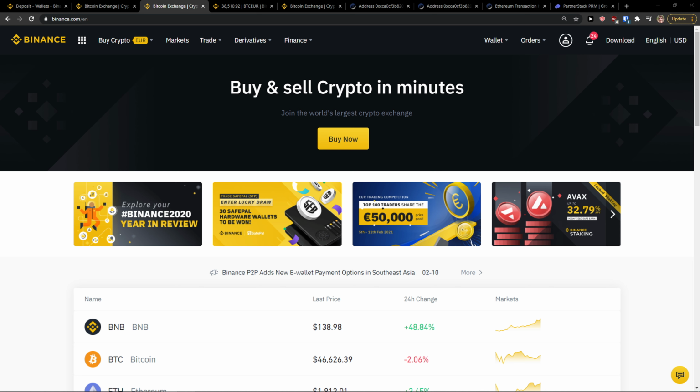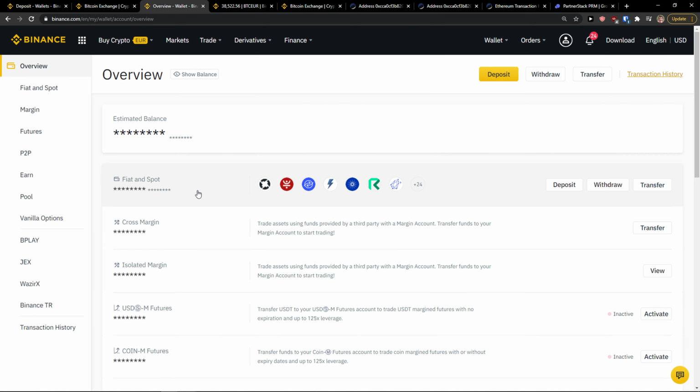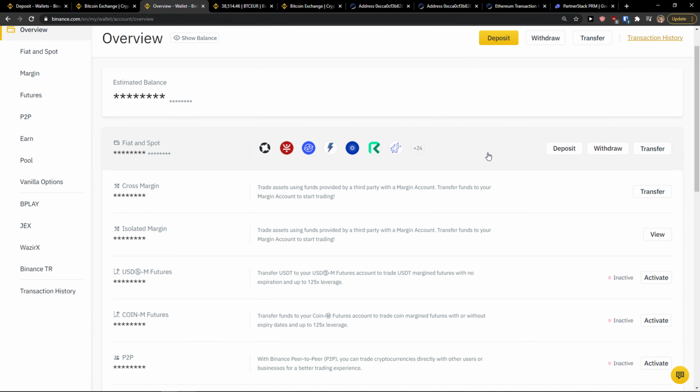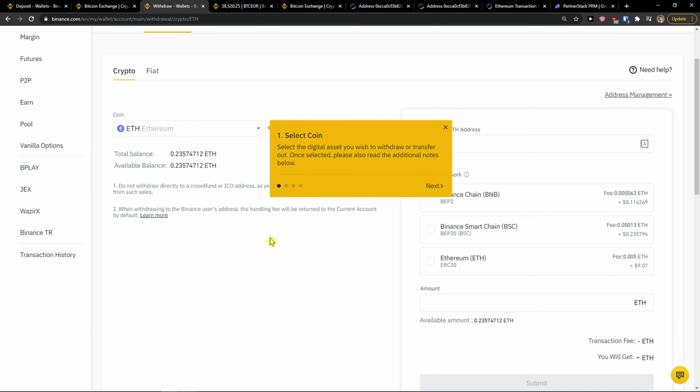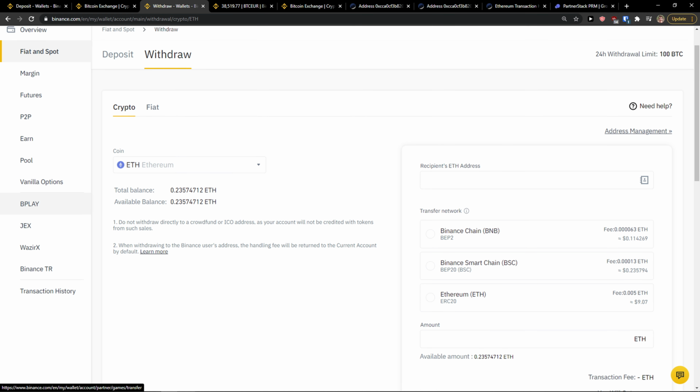So let's start. The first thing you want to do is go to Wallet and Overview, and let's say I'm going to have Fiat and Spot. Click on it, and you're going to have everything here. Let's say I have Ethereum. What can you do? You just simply click here, Withdraw, and now we have the option to withdraw Ethereum to some address,